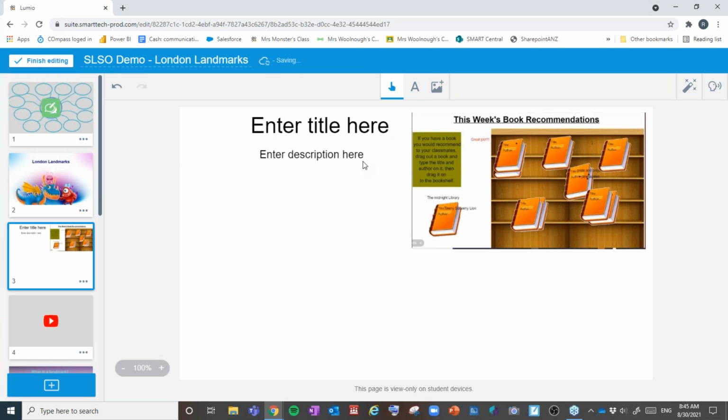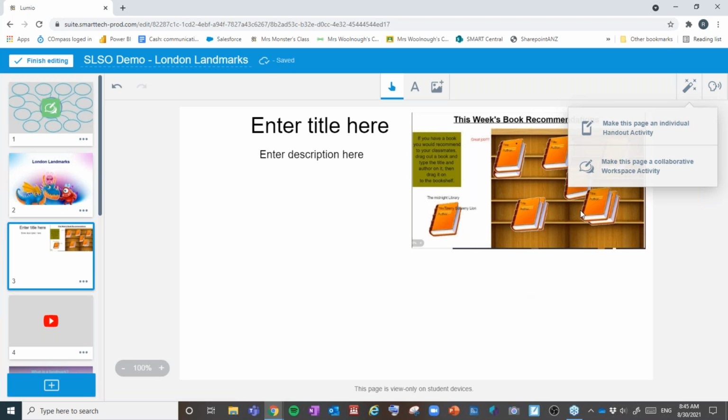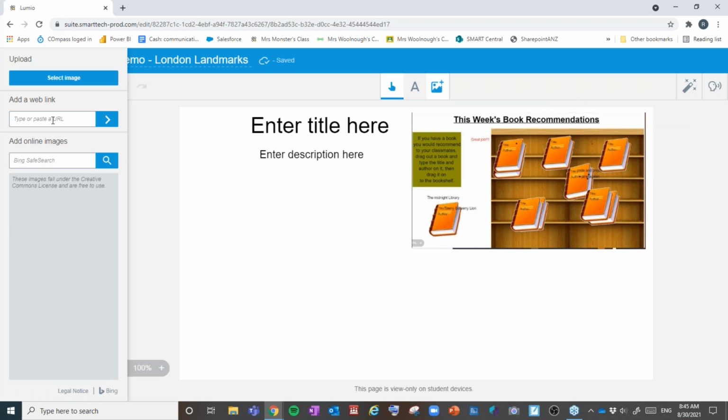The little hand is turning it back into a selector. You can see there's your magic wand. So if I wanted to turn this page into a handout or a workspace, I could. But if I go back to the pictures, I can paste a web link. So if I was going to go to a book recommendation, so we've got Pride and Prejudice there. So if I was going to go to one of these Pride and Prejudice pages and I've got a link